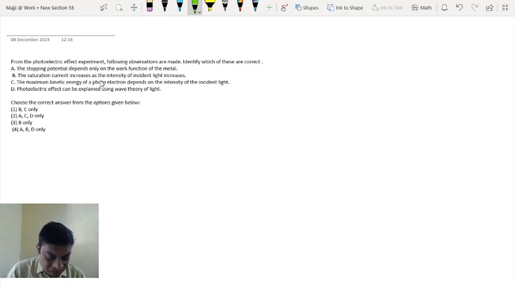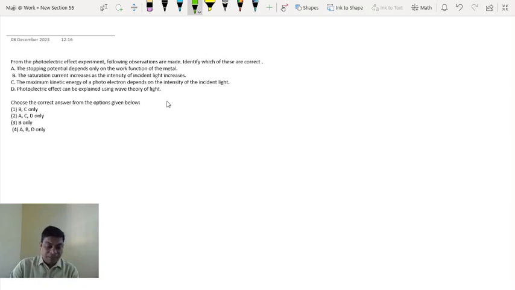The saturation current increases as the intensity of incident light increases. The maximum kinetic energy of photoelectron depends on the intensity of incident light. Photoelectric effect can be explained using wave theory of light. In a nutshell, it covers almost all the concepts of photoelectric effect. In other words, you'll be able to solve this question only if you are thorough with all the concepts